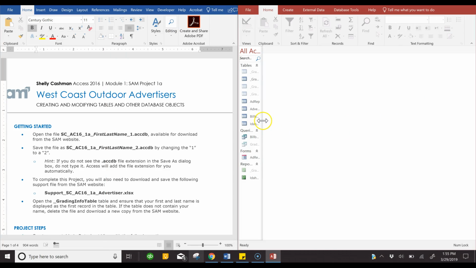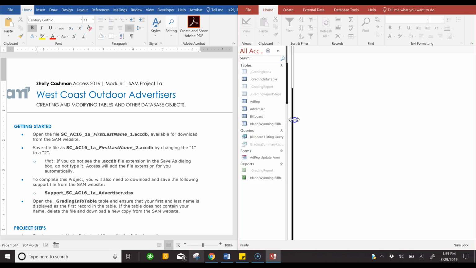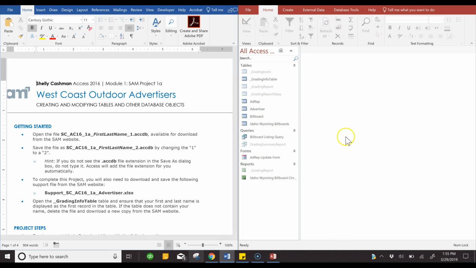And here's Access. I like to enlarge this pane a little bit so I can see everything a little bit better. So here are your instructions, and here's the Access database. I will do another video that shows you a little bit of getting started with the